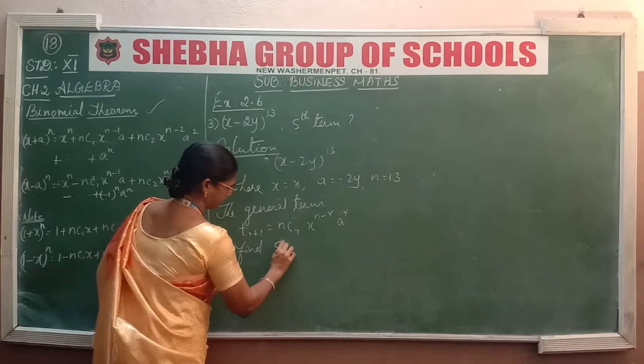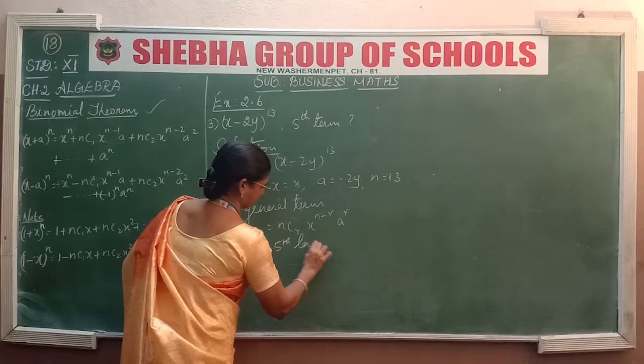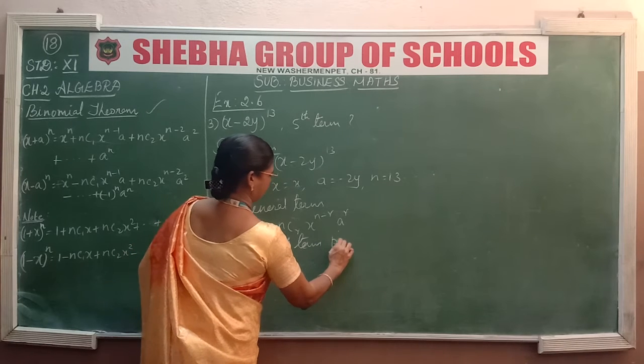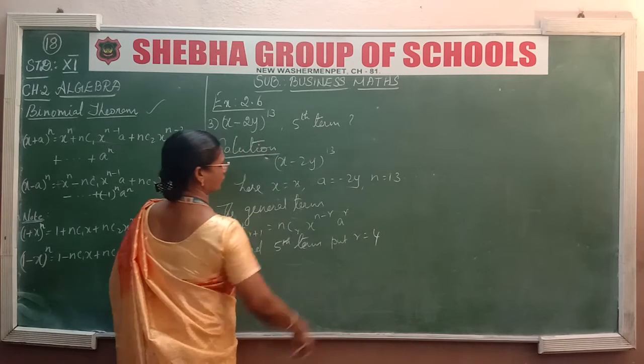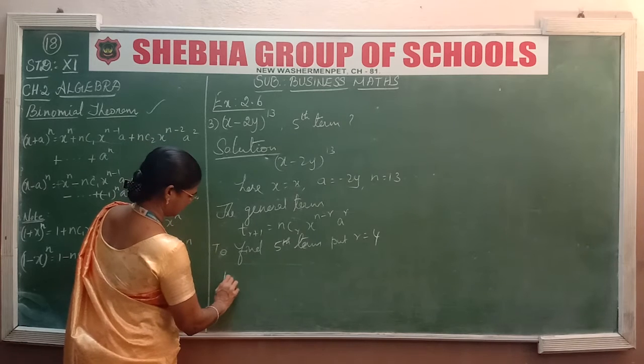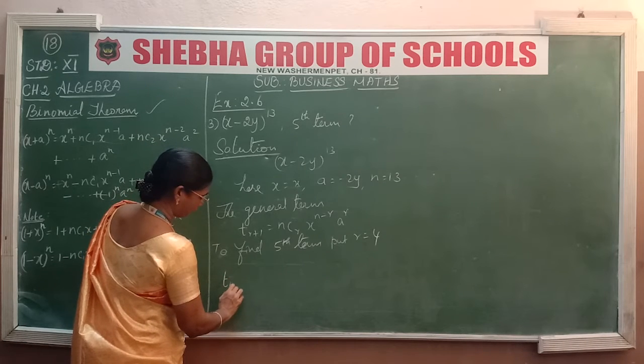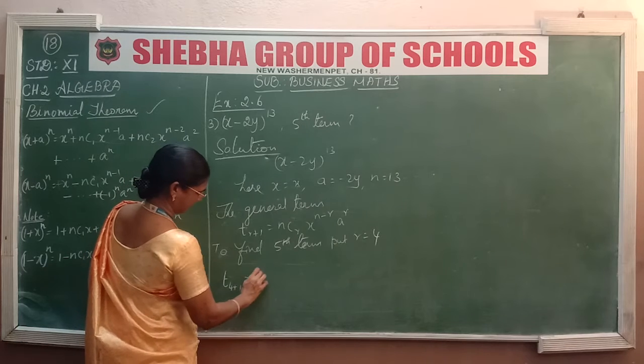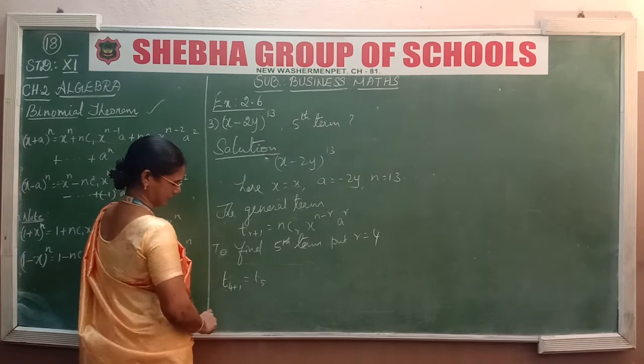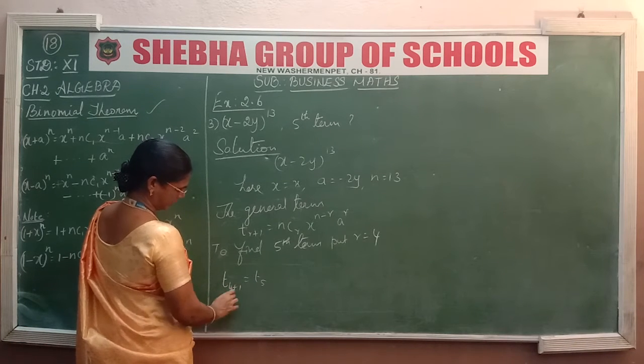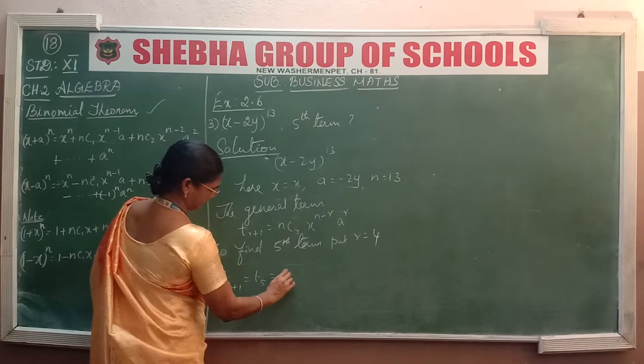To find the fifth term, put r is equal to 4. That is T4 plus 1, which implies T5, isn't it? So T4 plus 1, here r is equal to 4. Substituting here we get